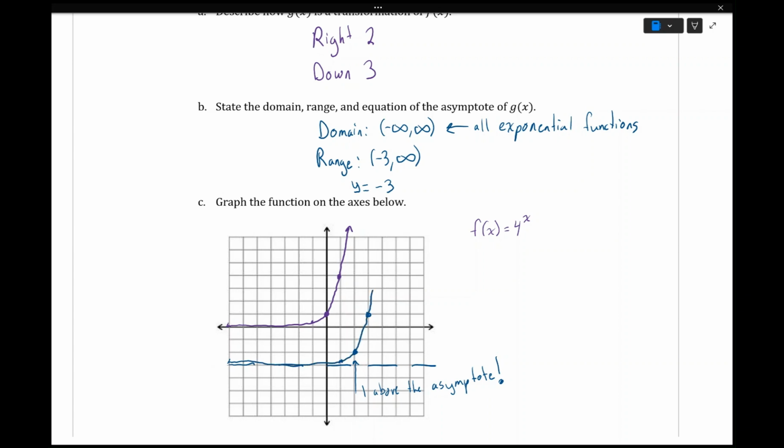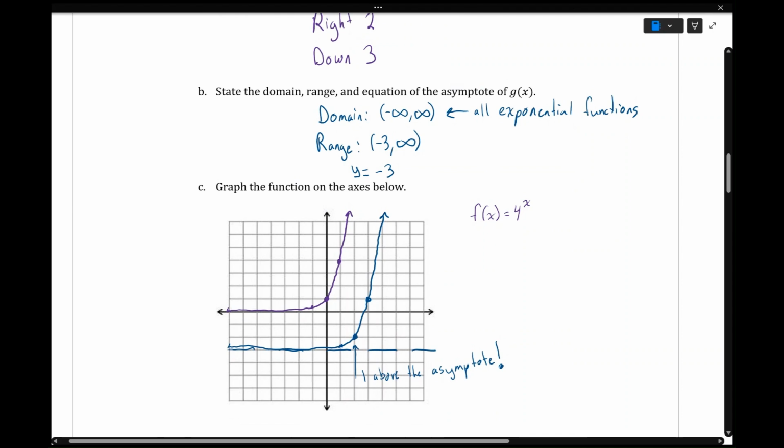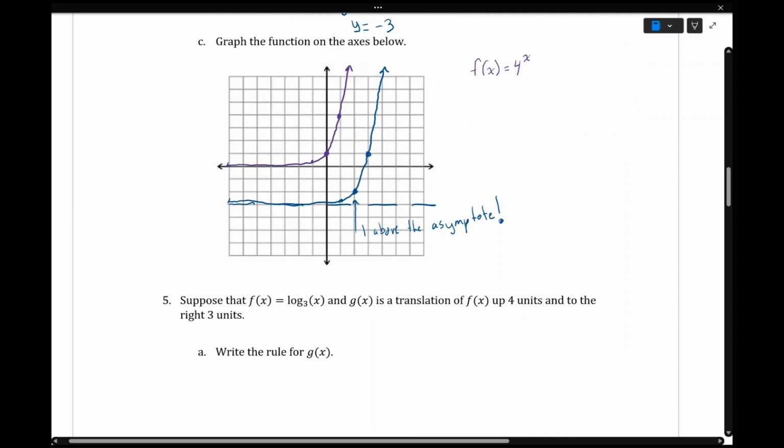And then I draw the picture. Now, is that completely accurate? No, absolutely not. I do not need perfect graphs. That's what computers are for. Your job is to plot some points and the basic shape so you know what this graph should look like when you put it into a calculator or computer to graph it. Okay,